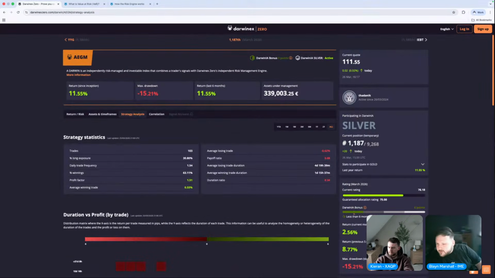This is eye-opening. I have fixed lots for all trades. Probably explains some of my confusion. Yeah. I don't think there's a problem with fixed lots, but just understand that during times of increased volatility, you'll see either bigger returns or bigger losses, especially if you have static stop losses as well with fixed lots.